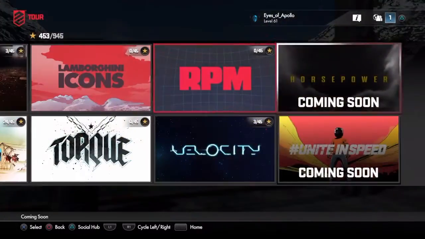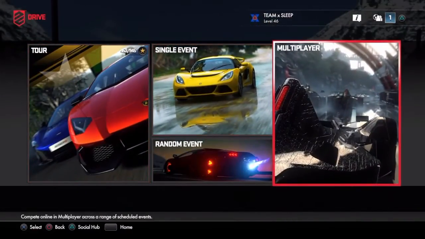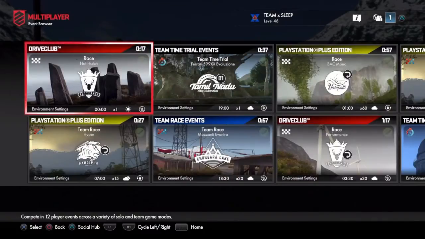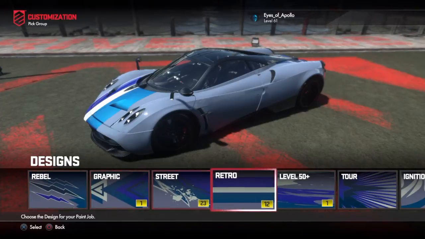This is actually a legit update. I usually only do DLCs, but we're doing the update 1.20. And this is just showing you the normal setup of stuff. There's nothing new in the multiplayer browser, but they added even more additional vinyls or decals to the level 50